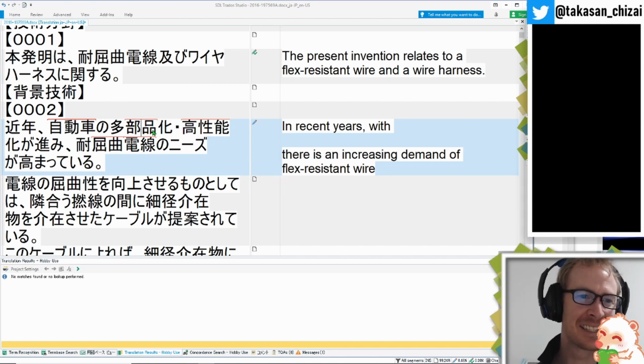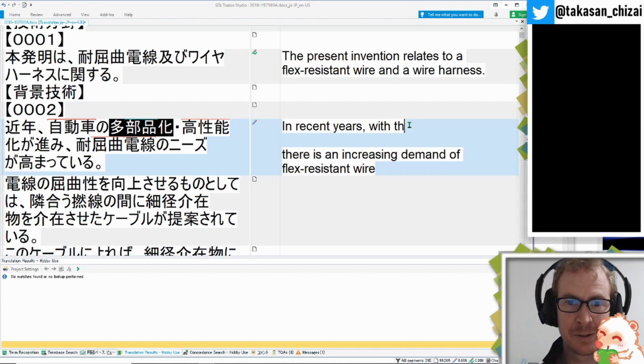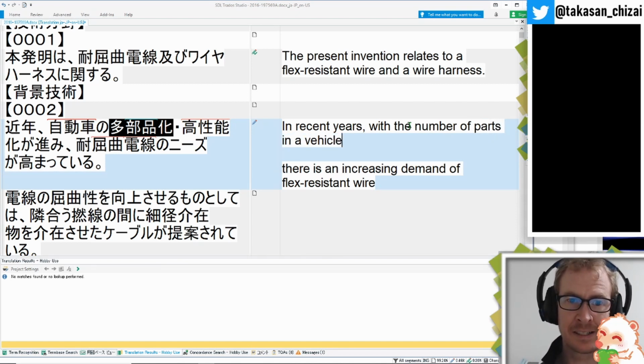So it just means the number of parts in a car is increasing. How do we put that in a concise English sentence? That's going to be the tricky part. And I recommend just spelling that out, just what I just said, with the number of parts, components in a vehicle. Let's go more general, in vehicles increasing,